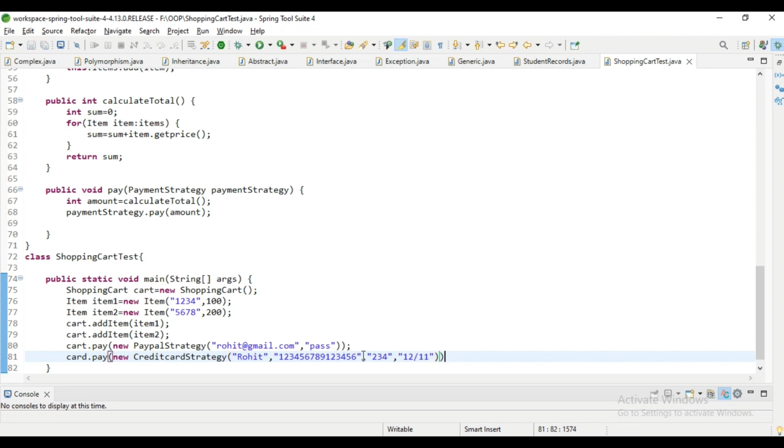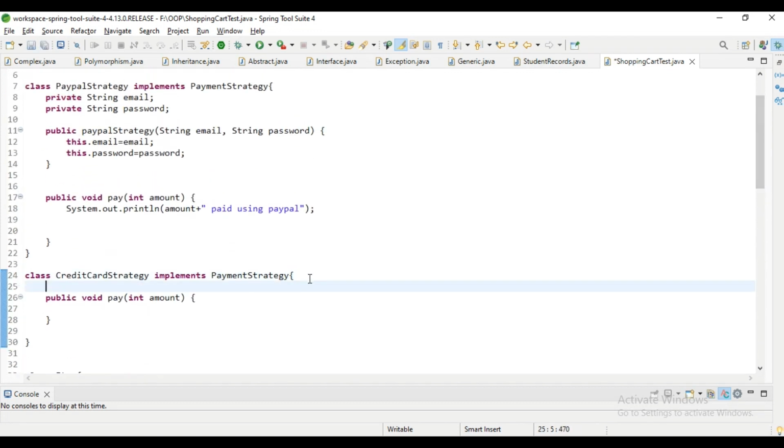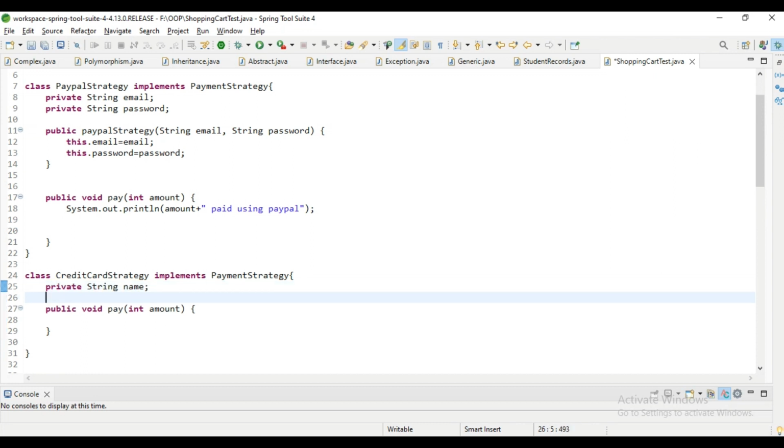12/11. Save this. As this credit card strategy is an object created using the new keyword, it will go to the constructor which accepts the 4 parameters. So go to credit card strategy. Here credit card strategy is there. Firstly we will create 4 variables. First variable is private String name. Second is private String card number,